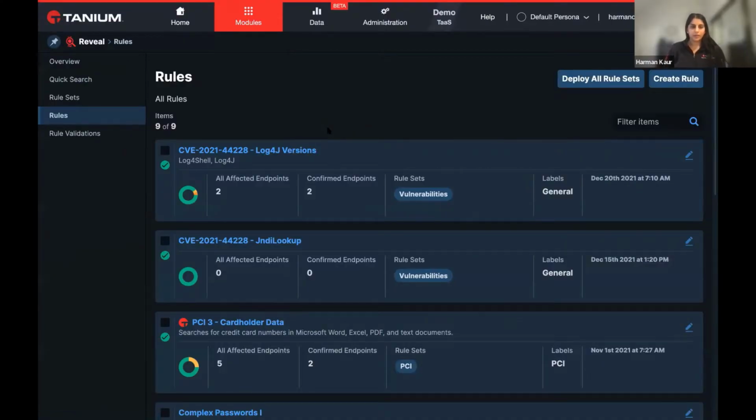So with Reveal, there's actually two ways to surface sensitive information. One is that quick search, ad hoc, search for something really quickly and get results back quick. The other one is rules, and what rules do is allow you to sort of automate your quick search. Rules are based on two things. You can base them off of regexes or keywords, and those are what we call patterns. You can create a rule based on a number of patterns that come out of the box, or you can create